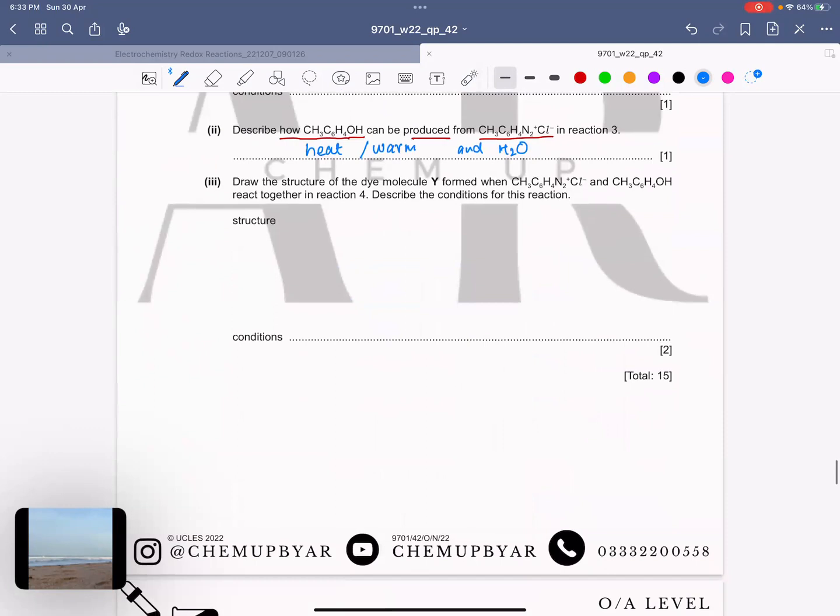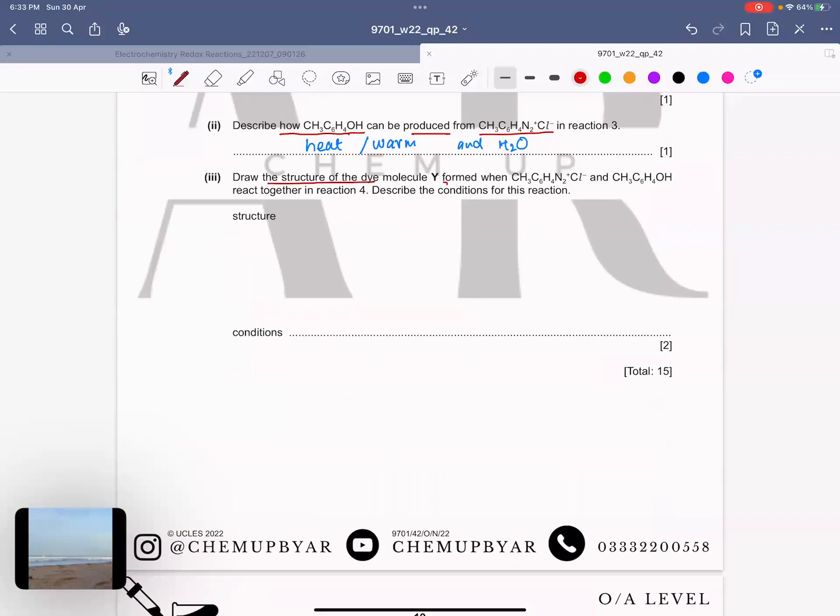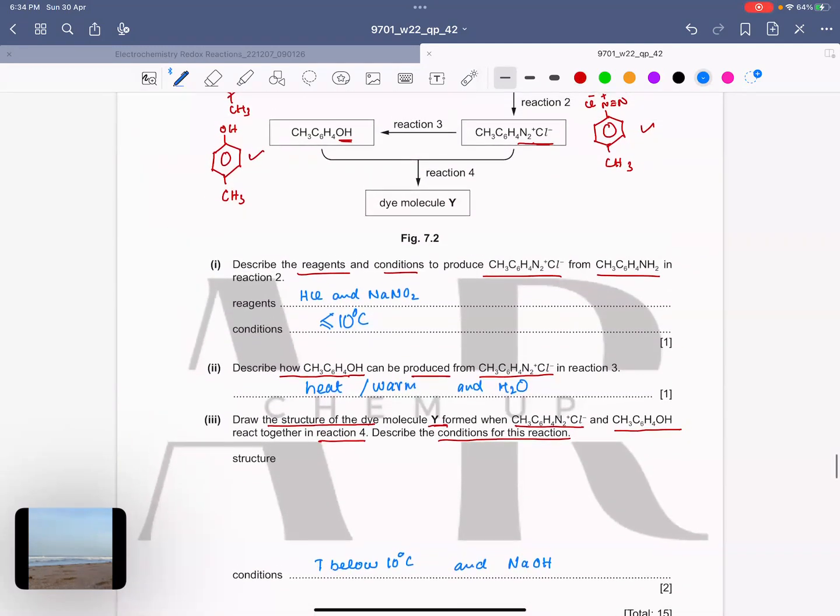Now, draw the structure of the dye molecule Y formed when diazonium ion or diazonium chloride reacts with this phenol, reacting together in reaction 4. Describe the conditions for this reaction. Okay. If you recall, the conditions are actually the temperature again below 10 degrees Celsius, and we use sodium hydroxide. So when these two combine,